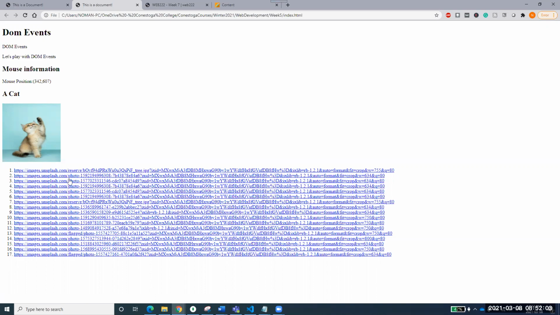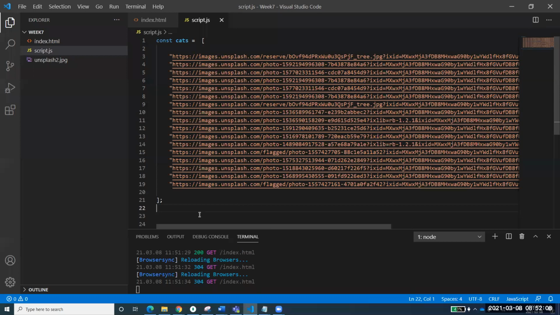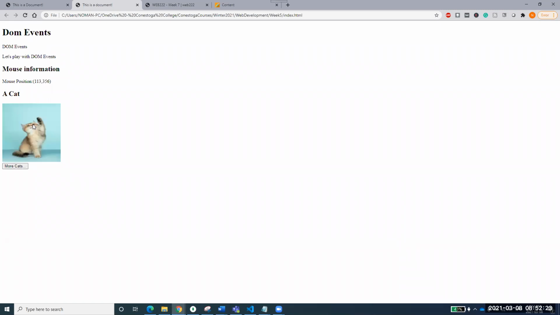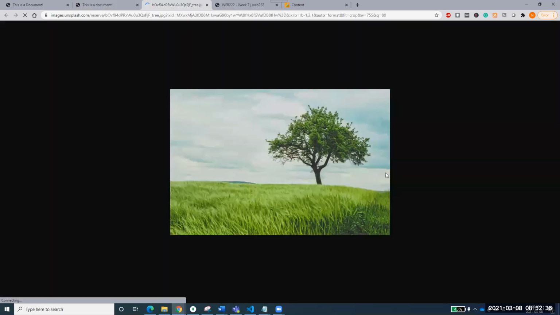Anyhow, look at it. This URL will be coming from where? As I said, it will be coming from this file. This file will be providing us that. We'll have this mouse information capture. When we click on the cat, the picture will keep on changing, and all those pictures will be coming from there. These were also coming from our script file. Then we have this button. If we click on this button, all those URLs will be loaded over here, and whatever URL I click on, this picture will be opened in a new window. So we have to do that.